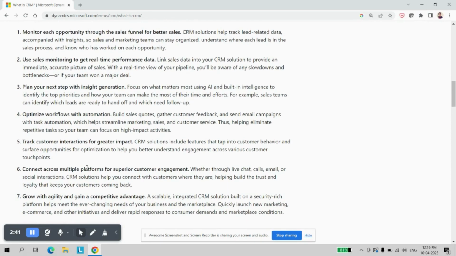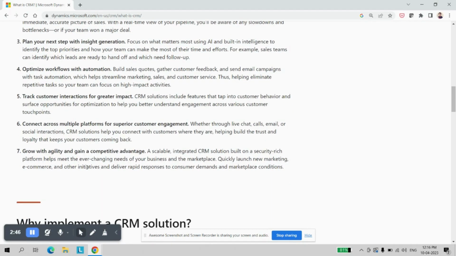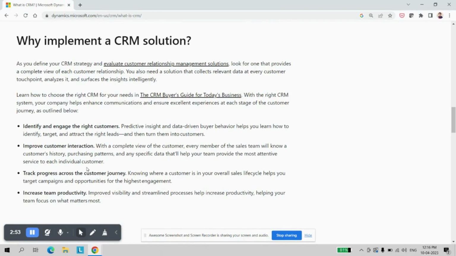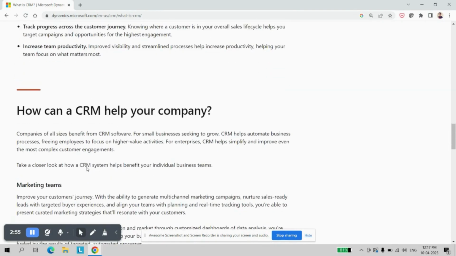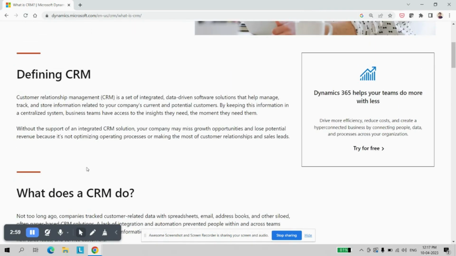So likewise, you can see we have multiple things which CRM is capable of doing in the business industry. You can go through this link for further details. Now we will quickly go through the modules which are available, so that you can quickly understand what different modules are available and for which industry or particular business each is going to be beneficial. If you click on this try for free button,